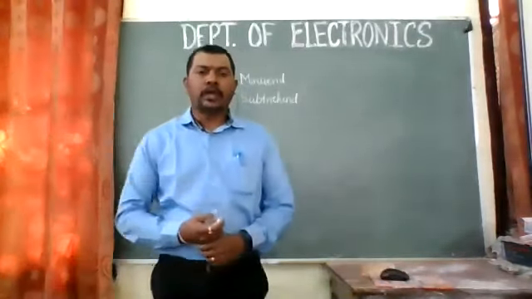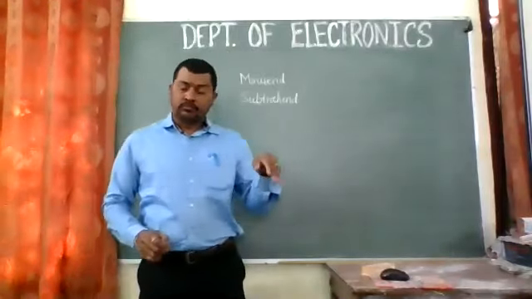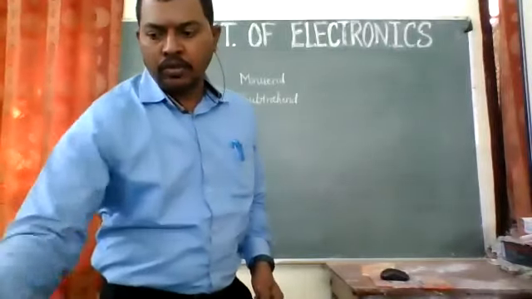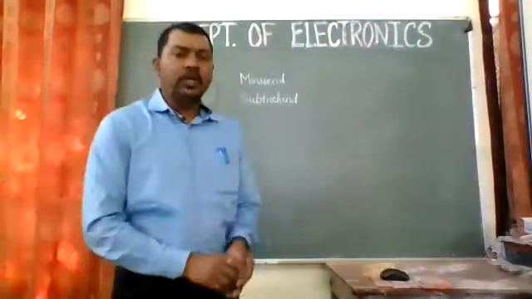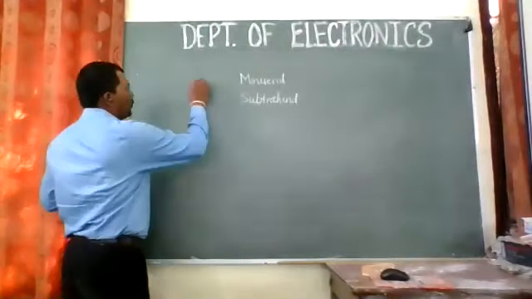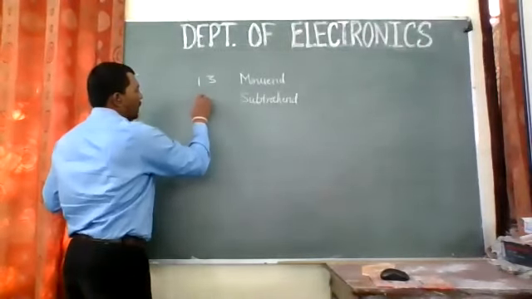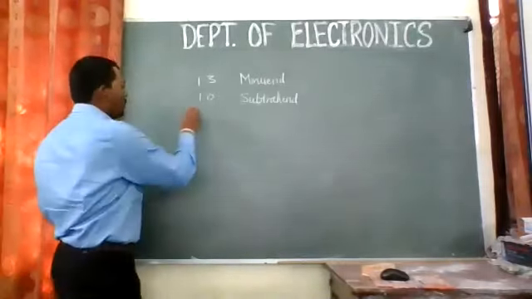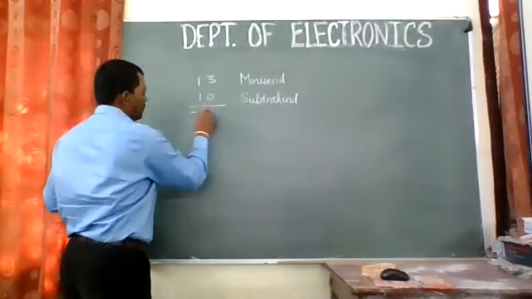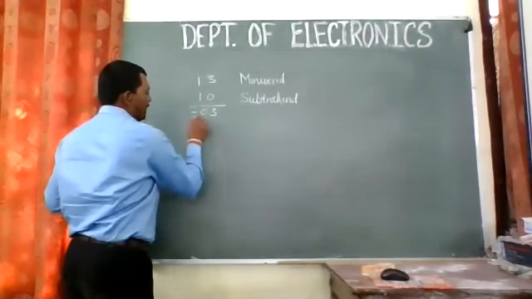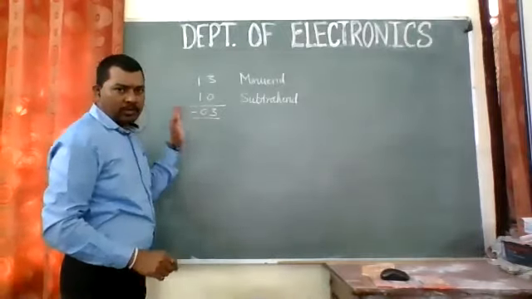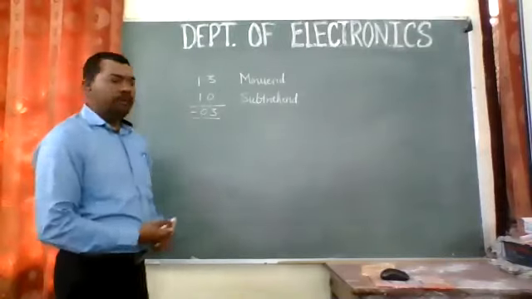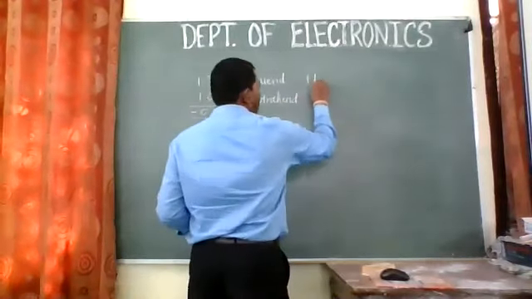In the last class, we did one problem of subtraction. Can you give me that number again? I guess the numbers were 13 and 10. These numbers were in decimal, and I am subtracting them. The result was 3. This is in decimal, so we have to convert it to binary first. 13 in binary can be written as 1101.